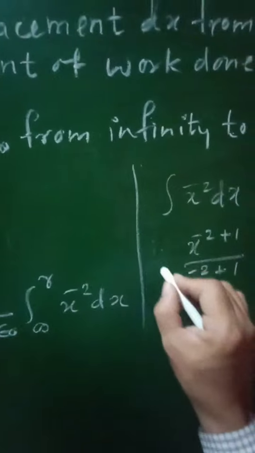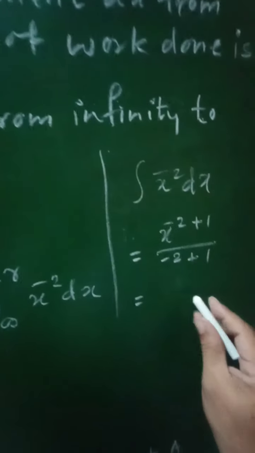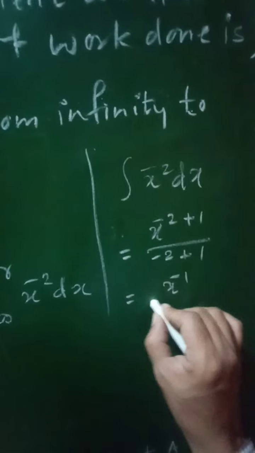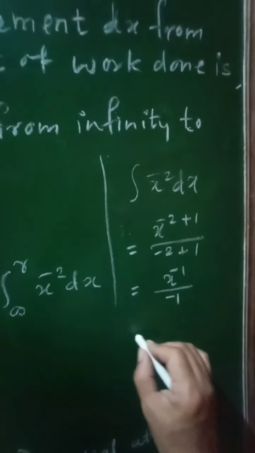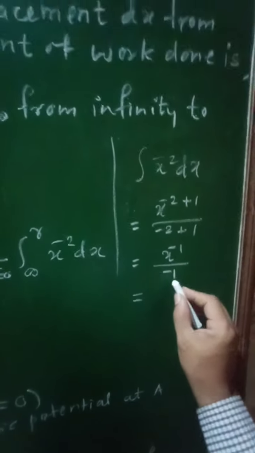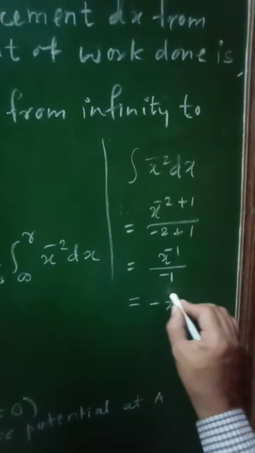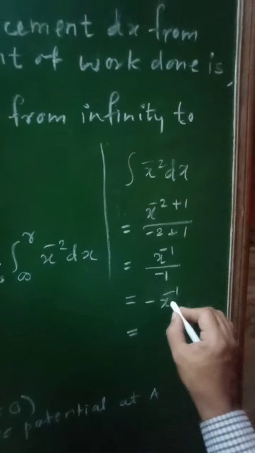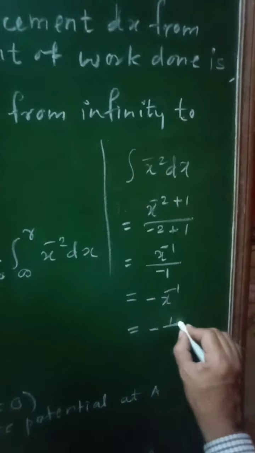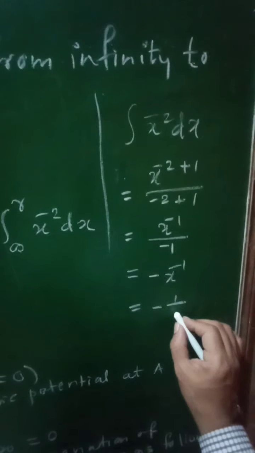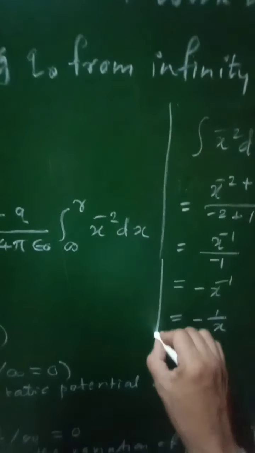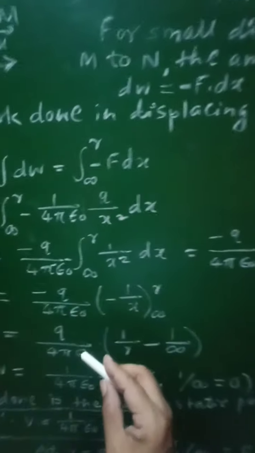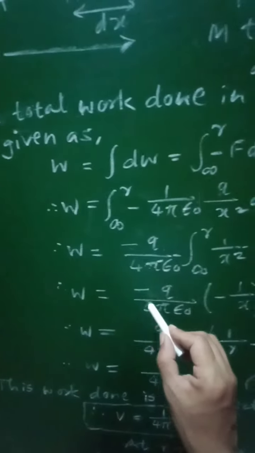So that integration will be equal to x raised to minus 1 upon minus 1, so that we will get minus x raised to minus 1, but this x raised to minus 1 will be written as 1 by x. So this will be the solution here, and therefore we will get W equal to